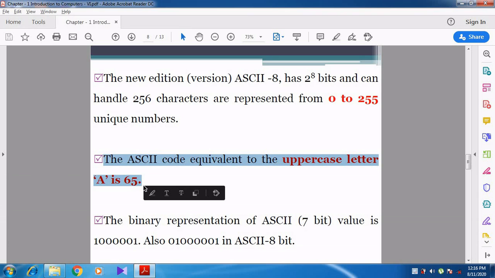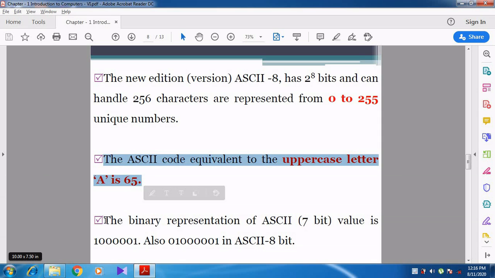Right? Can you understand, students? So the ASCII code equivalent for the uppercase letter A is 65. I think in your book they have given you the ASCII values. You can see those particular pages in your book. It is given at the end of chapter 2, before the book back questions. They have given you the ASCII values for each and every character. I think you might have understood that.